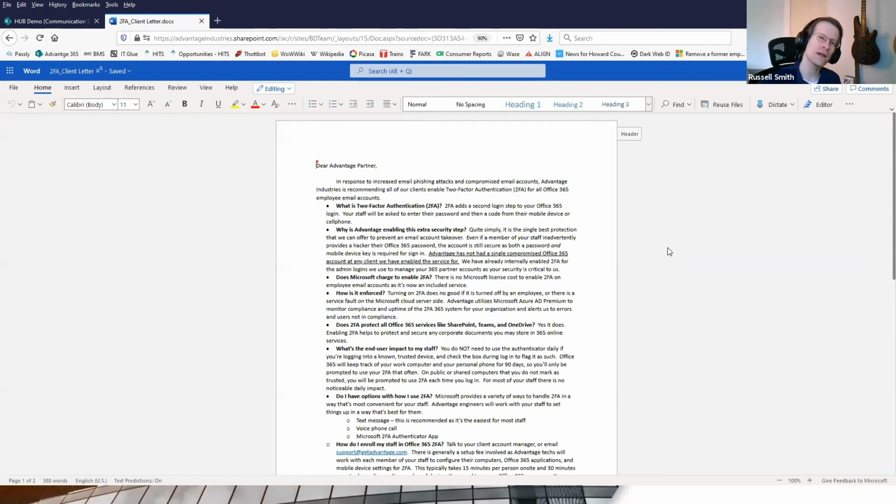And I could do probably 80 or 90% of anything I want to do. This is nice too. If you're on the road or you're on your tablet, you may not have Word installed on that computer. So you can actually get in and edit that document on the website and do most things. But we can see here in the bar up here, it's a little more limited in functionality than Word. That's not a problem. So right here where it says editing, I can click open in desktop app,